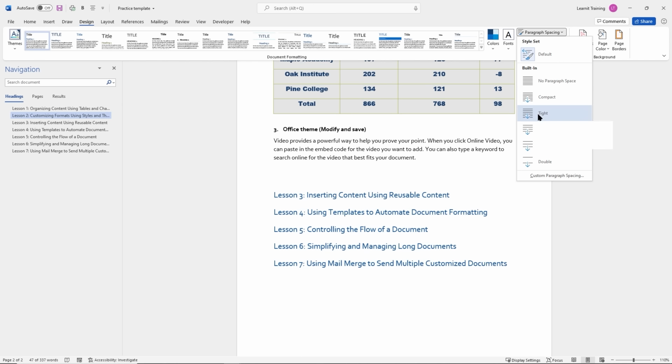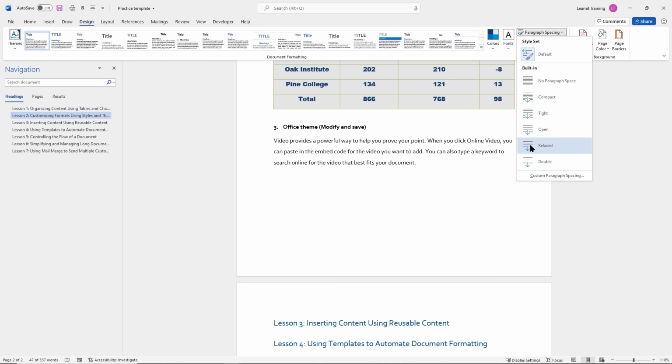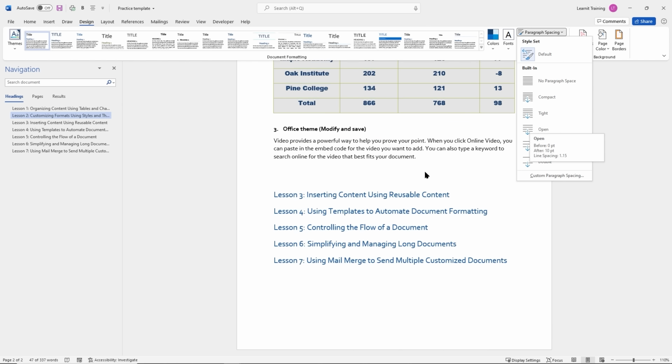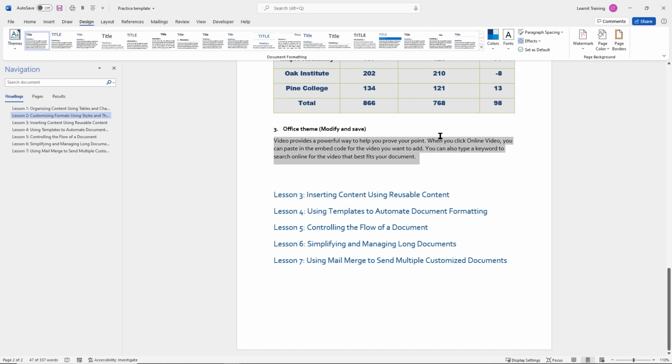But I could change it to tight, open, relaxed if I want to as well. So the whole idea is we can go into the design tab. We can choose our own colors, our own fonts, our own effects, or even our own paragraph spacing as well. And once you get the combination that you really like, you can go ahead and set that as the default for your documents. Or we can go ahead and save this here by clicking on the themes